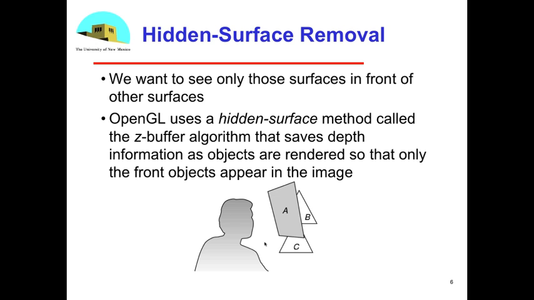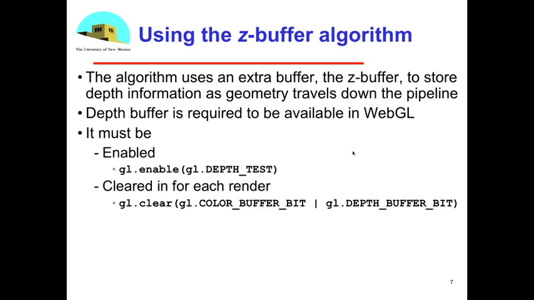Now, one way of doing this is to try and think of some sorting routine that we'll talk about later that says, oh, if I paint B and C, I can paint B, A over them, or render A over them at the end by figuring out the proper order. Turns out there are some issues with that, and it's not the algorithm that works best in real time. What works best in real time is an algorithm called the Z-buffer algorithm, which works well with what we're doing,